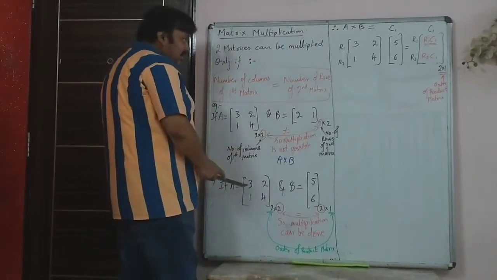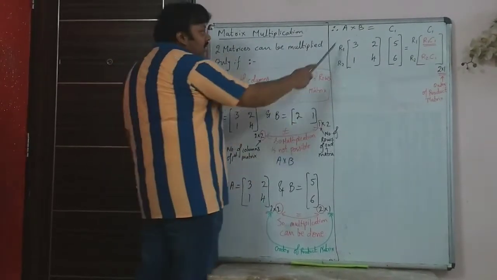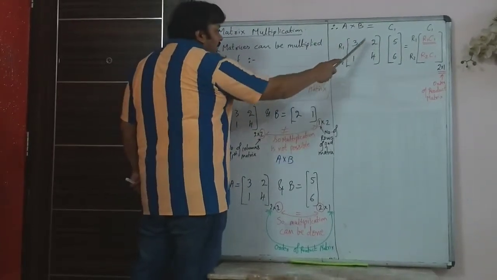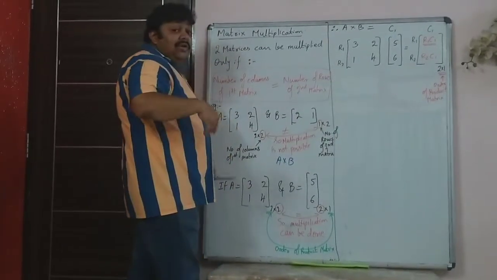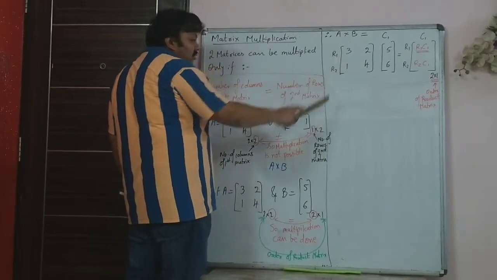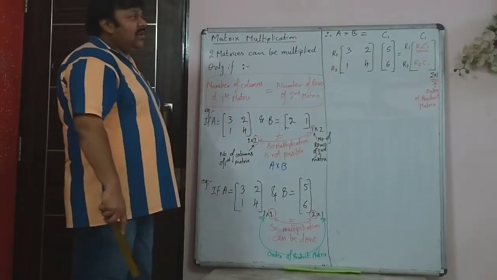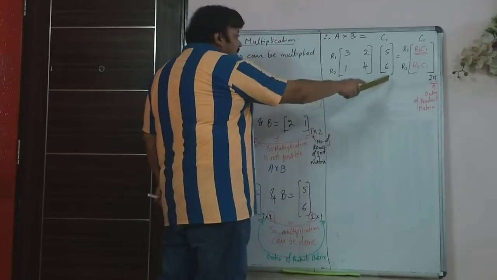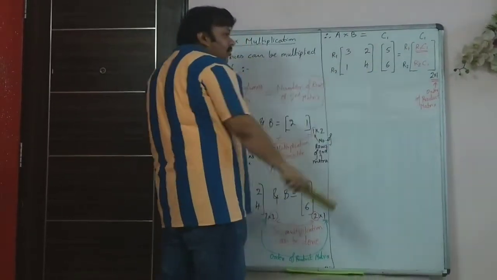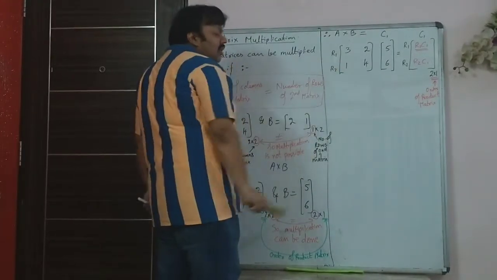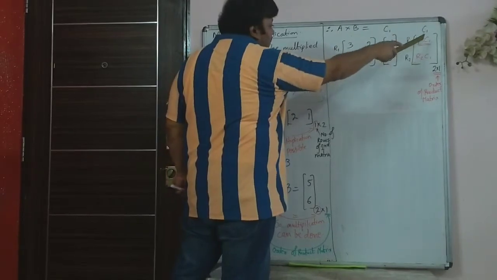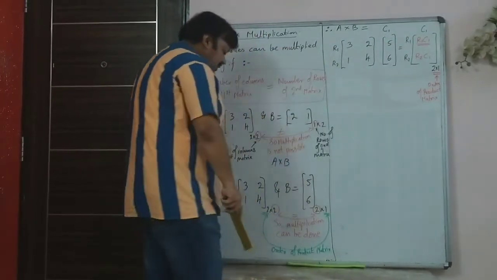This is your matrix A, 3, 2, 1, 4. When you write the first matrix, that is matrix A, you will write besides that, at least till you get very familiar with the multiplication, you will write R1, R2 in front of the first matrix. And the second matrix, that is matrix B, on top of that you will write column 1. Of course, this is having only one column. So now just imagine that this is what you get, the product matrix.